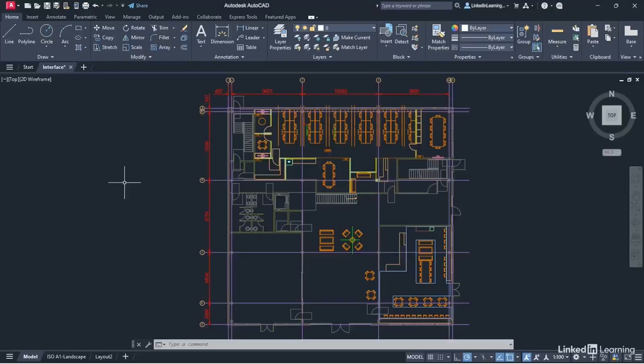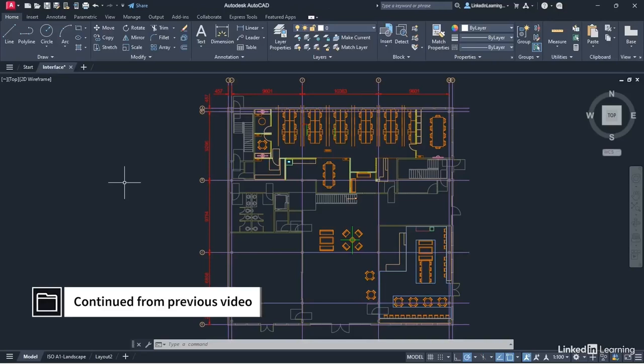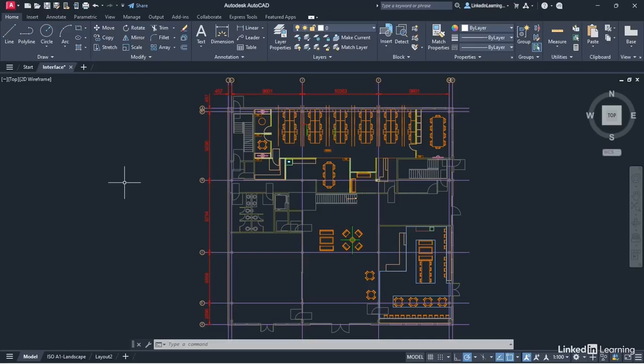We're staying in our interface.dwg file, and as you can see, I haven't changed the drawing at all. We're looking at the interface in this particular chapter. What I want to cover with you in this particular video is how you can utilize what they call AutoCAD